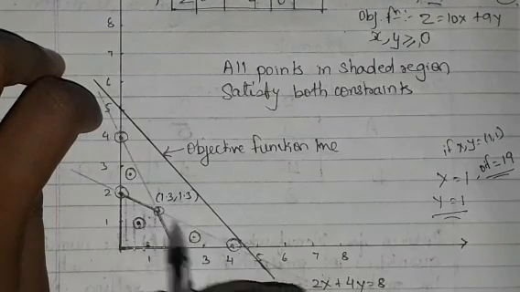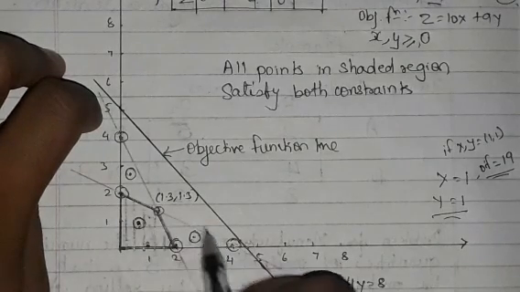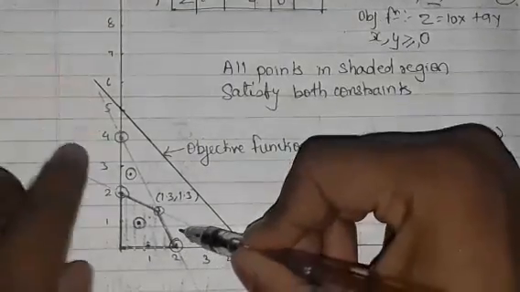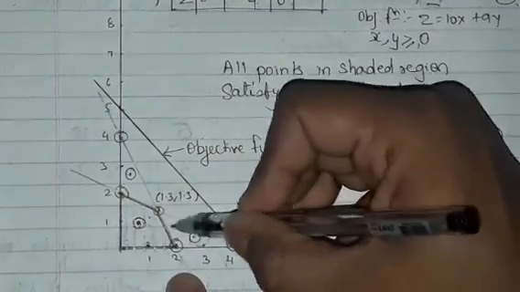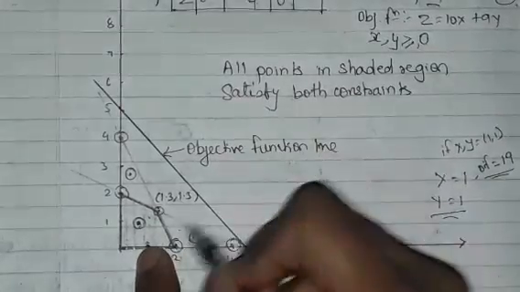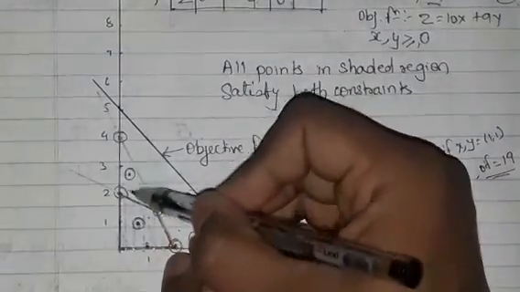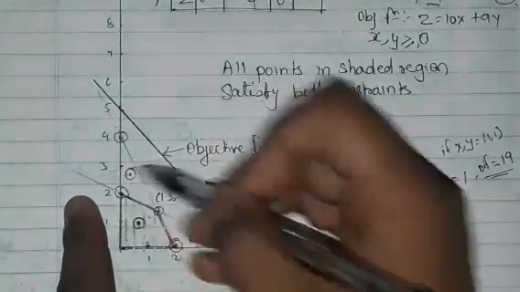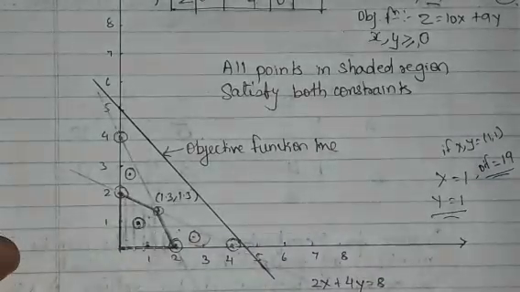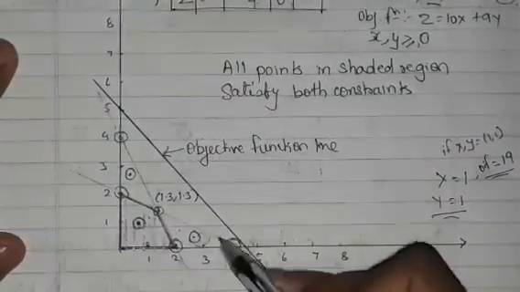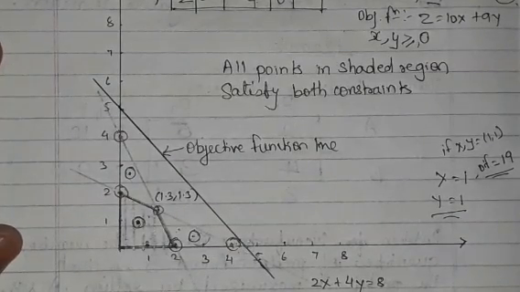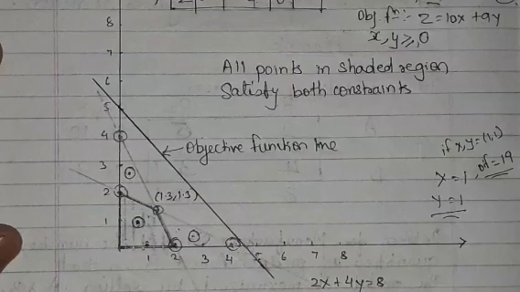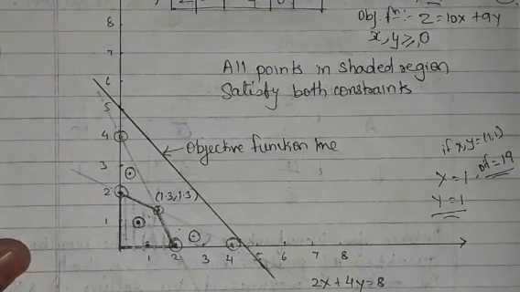But this region or this area does not satisfy this constraint, because this area comes out of this constraint, right? Similarly, this area doesn't satisfy this constraint. So I have to consider the area which satisfies both constraints and gives me the maximum value of x and y, because that way my profit is going to get maximized with a limited amount of resources, raw material R1 and R2.